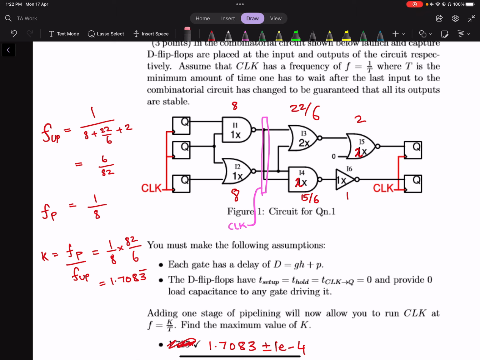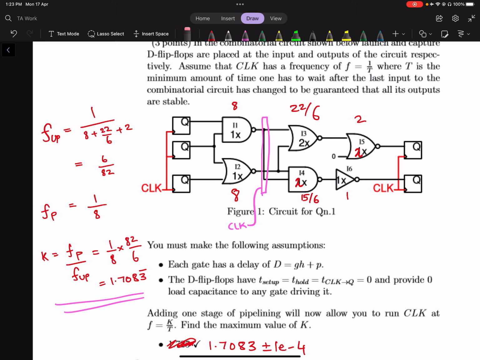And so if you see what the value of k is from the question itself, f after pipelining is equal to k over t, and f before pipelining is equal to 1 over t. So k is just going to be f pipelined by f unpipelined. This is just k by t divided by 1 by t, just k. So that's correct. So k, which is the speed up factor, you can get from this calculation. It will come out to be